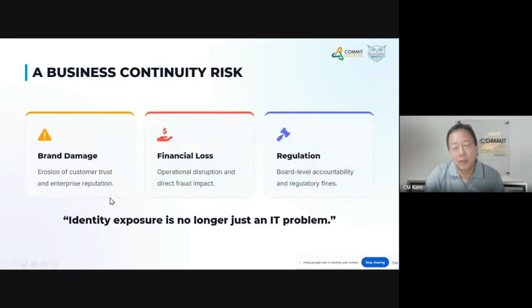So of course, the impact is very simple. For anybody or any business that is impacted, we are talking about brand damage, right? These are brands that you probably built over many years. Once you're infiltrated and this goes public, your brand is in a way damaged. More importantly, there is financial loss, operational loss, and the biggest part is now regulation, like our PDPA or the Cybersecurity Act. You can actually serve a jail term, right?